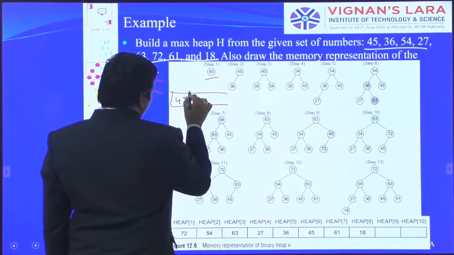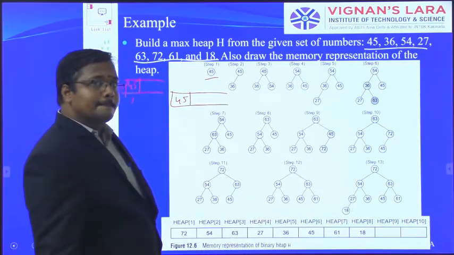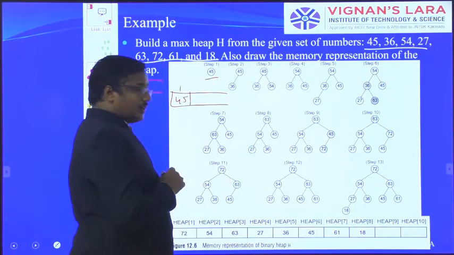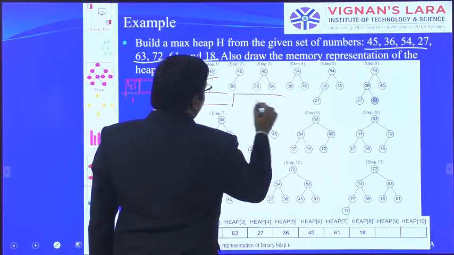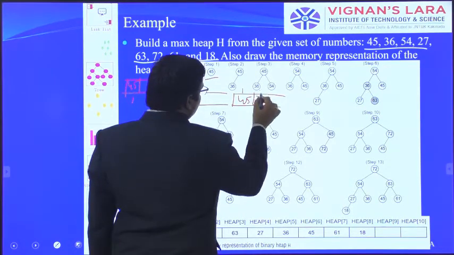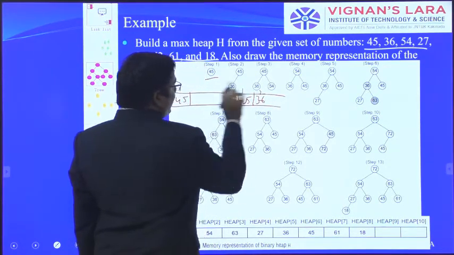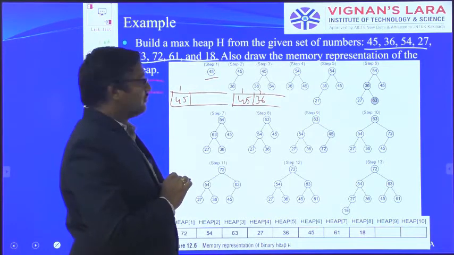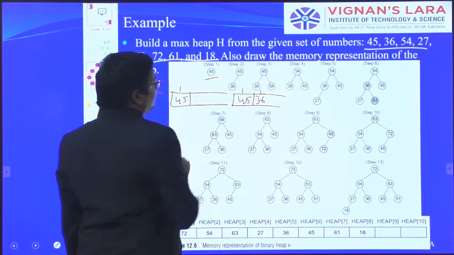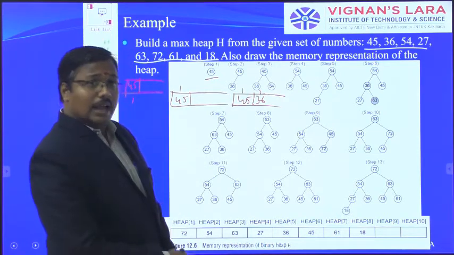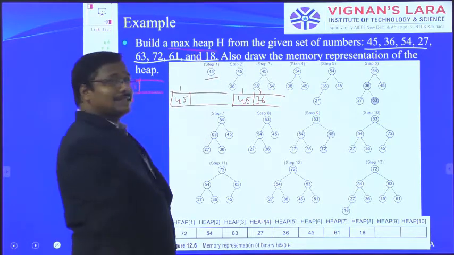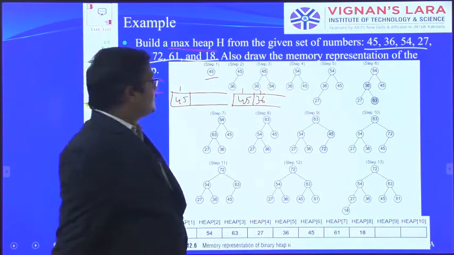So 45 is like this. Okay, next, the index starts from 1. Next, 45, 36. So 1, 2. The i value is 1, the 2i value is 2. Compare. Compared to 36, 45 is maximum. I am constructing a max heap only, so the parent should be maximum.